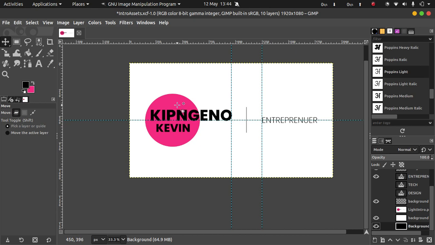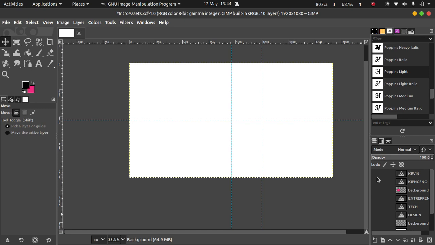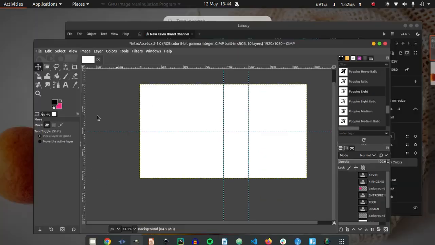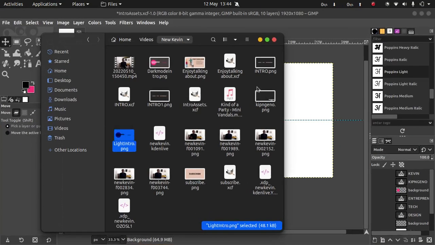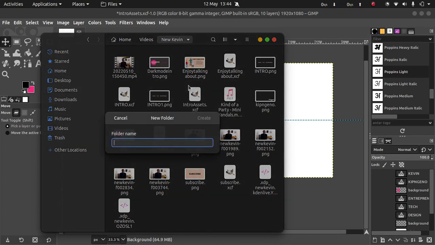So now I think we have it, and our goal is to animate this, and I think we should do the light mode animation. What I normally do is when I have all of this, I make sure I export the assets, each layer exported individually. For example, I want to create a new folder over here in new Kevin, and say this folder is called light mode